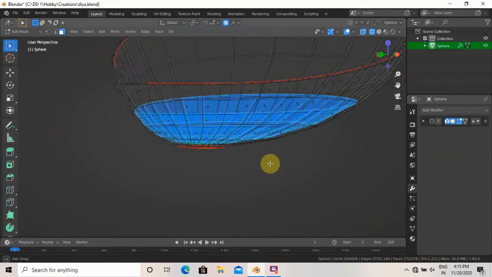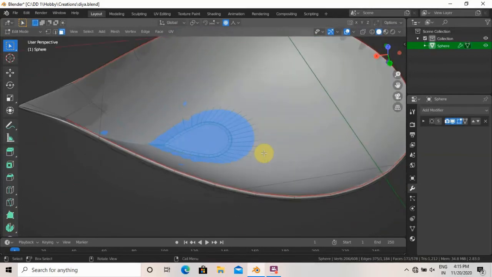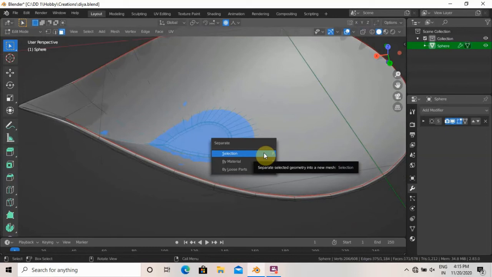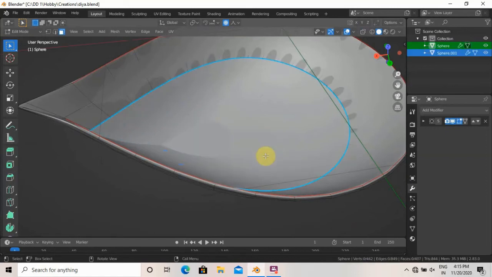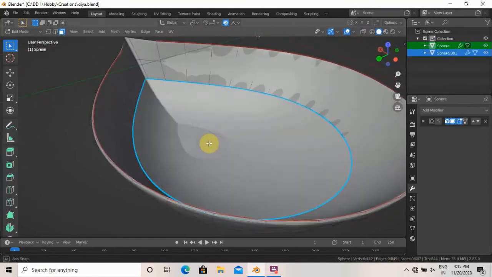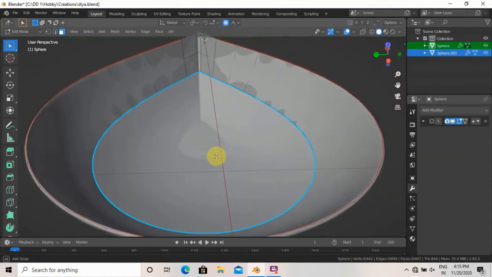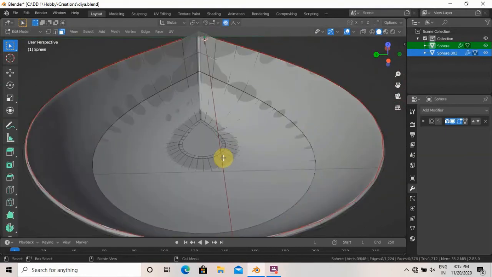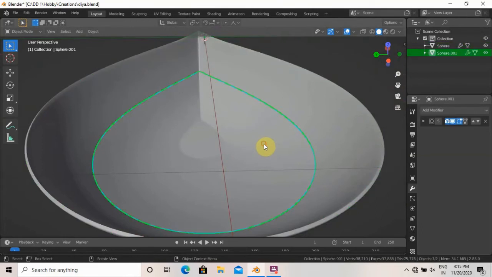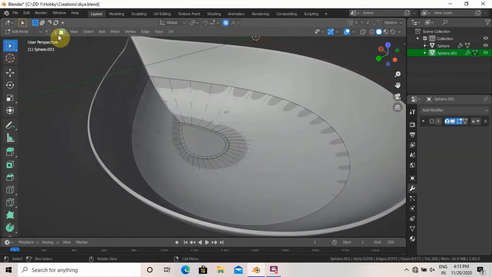And yeah, that's very much it. So now press P and separate by selection. So I've got the mesh outside, so this mesh is gonna be our oil. So I'm gonna select this mesh and go into edit mode,